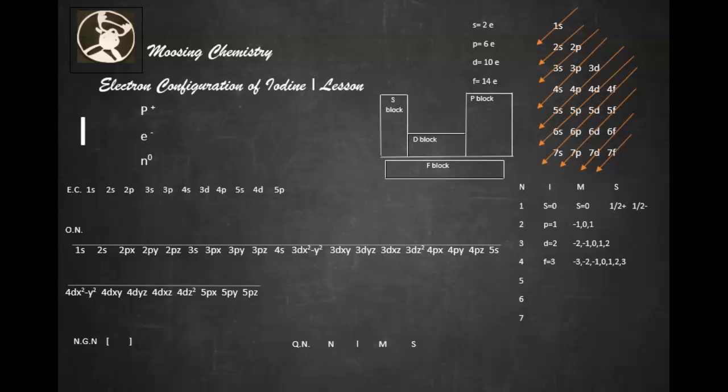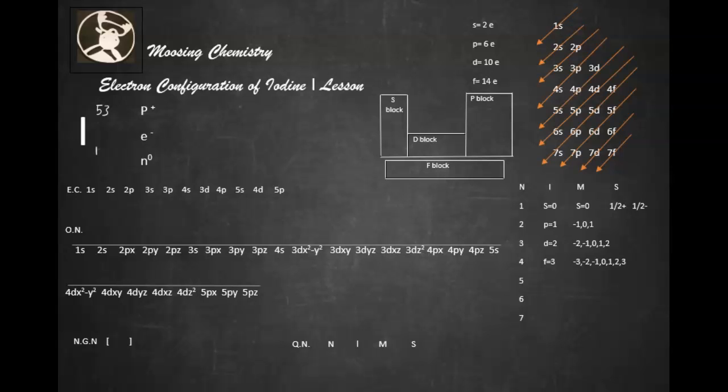This is electron configuration of iodine. It's element number 53 on the periodic table. So write down a 53 here. And its atomic mass number, which is the AMU, is